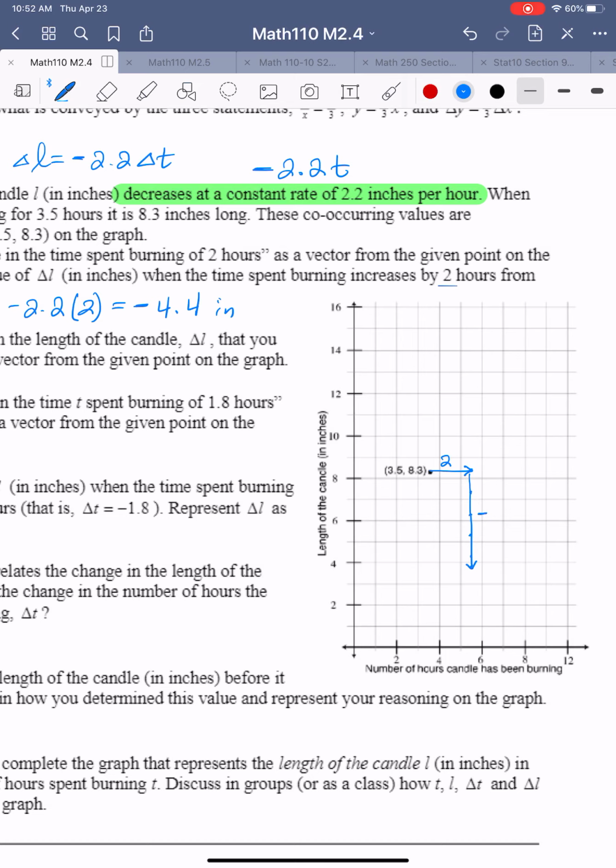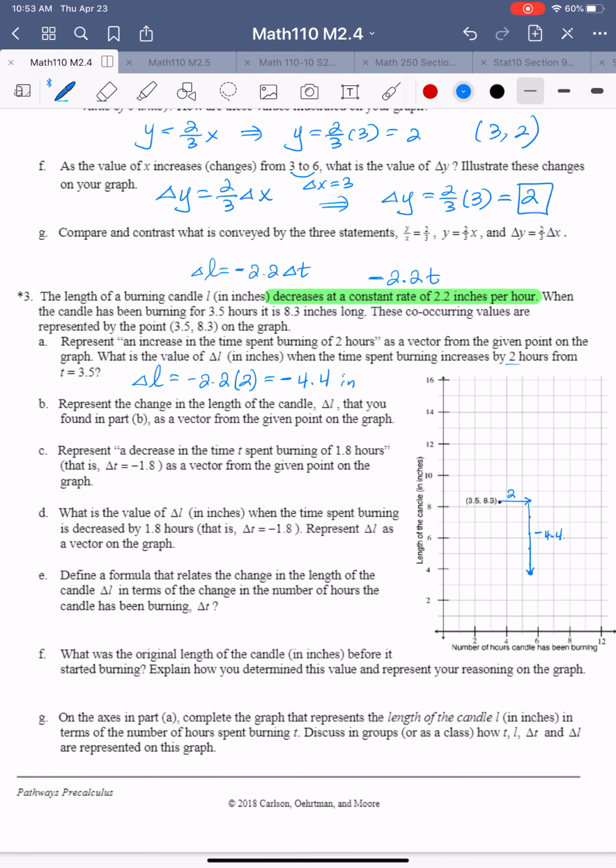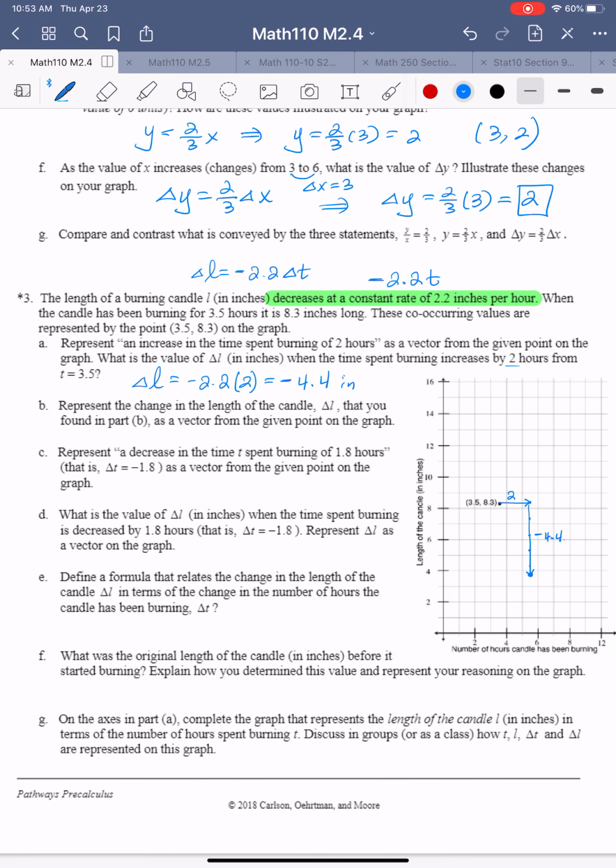So negative 4.4, actually decreasing. So this is the place of the size of the candle right now. All right, let's look at part D. The decrease in time spent burning is 1.8 hours, which means delta T is now negative 1.8. So in order to get a delta L,